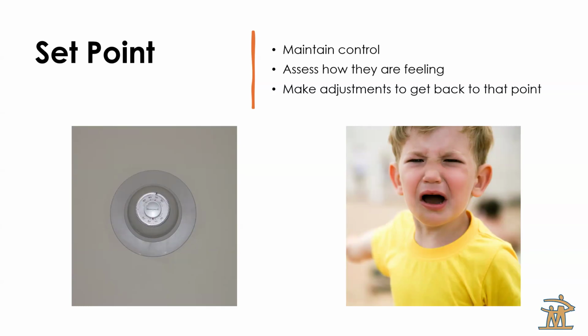You've got to think about that brain and the body like a thermostat inside them. Some children naturally stay calm most of the time, and some kids react strongly to small changes. Some kids need lots of movement. Some kids need quiet to feel settled. What are the things that your child needs to get them back to their set point? We know the first thing that they need is just calm and love. They don't need to be yelled at. They don't need to be told what they did wrong.